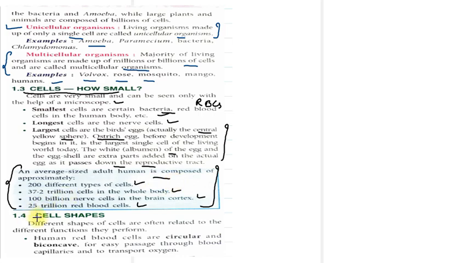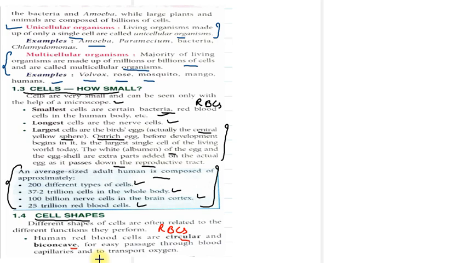Now cell shapes. What types of shapes do the cells have? Different cells are of different types, and often their shapes are related to the different functions they perform, right? According to their functions they acquire the shape. So human red blood cells, RBCs, found in our blood, are circular and biconcave for easy passage through blood capillaries,